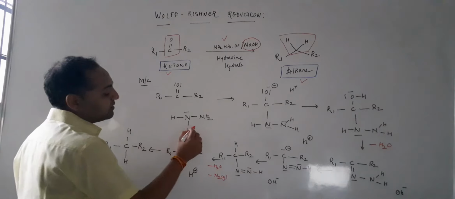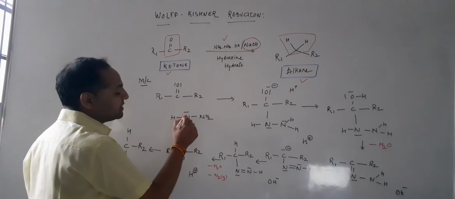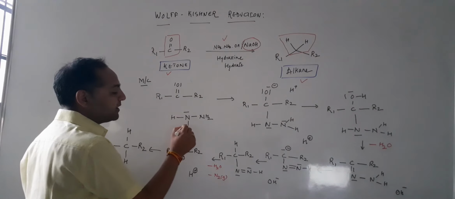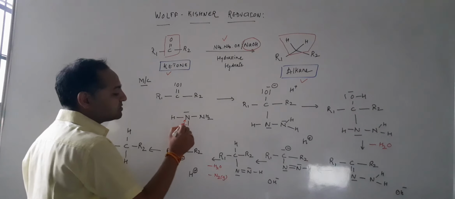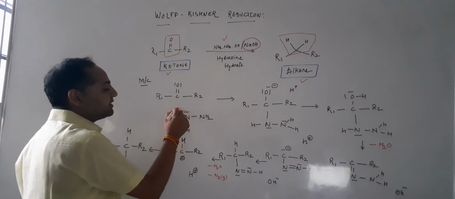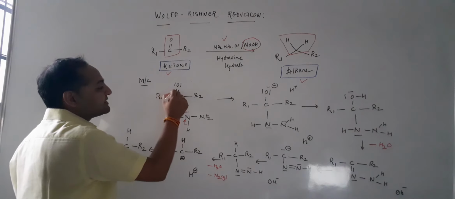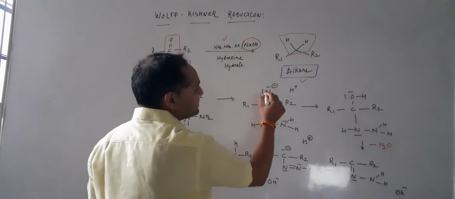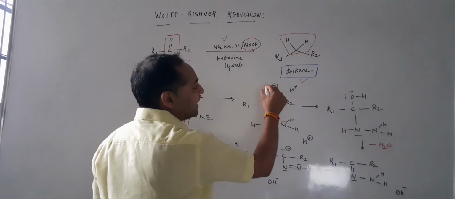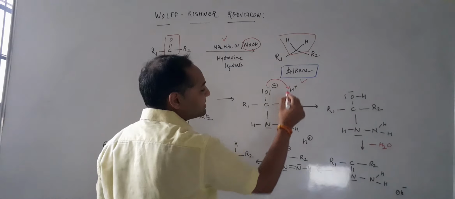So, what happened? As we know that hydrazine, the nitrogen of the amine has a lone pair. So this proton is lost, the electrons are transferred on nitrogen, and this lone pair attacks the carbonyl carbon. At the same time, this pi electron shifted on oxygen that generates the negative charge, and this oxide accepts the proton from the reaction medium.